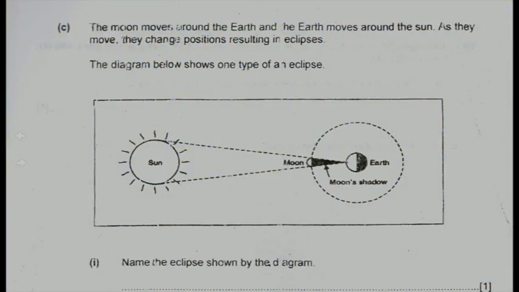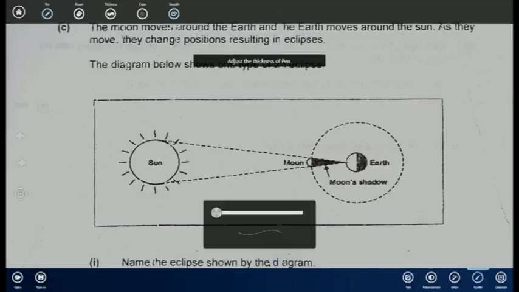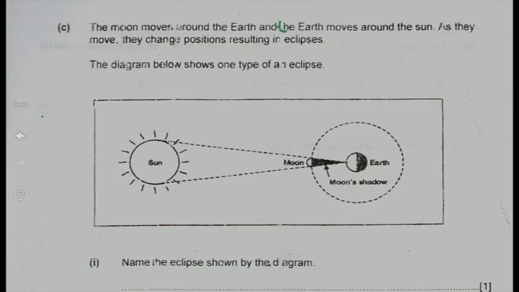And the earth moves around the sun. Yes, the earth moves around the sun, and the movement of the earth around the sun is called the revolution, where it causes 365 and a quarter days, where it causes a year, 4 seasons of the year, 12 months of the year. As they move, they change positions,